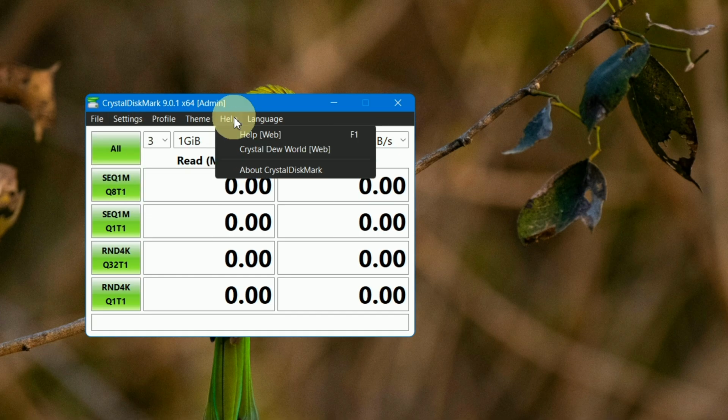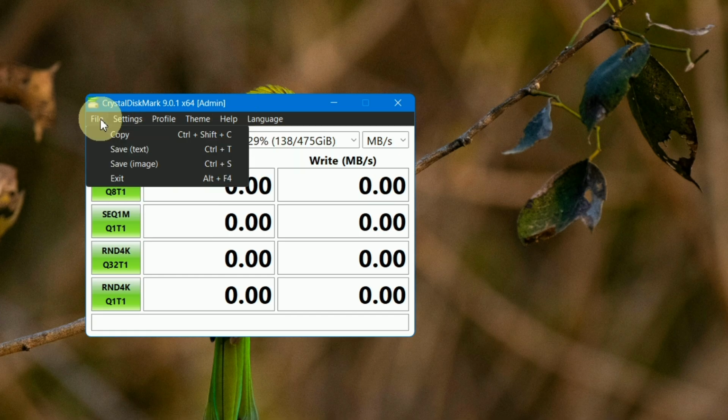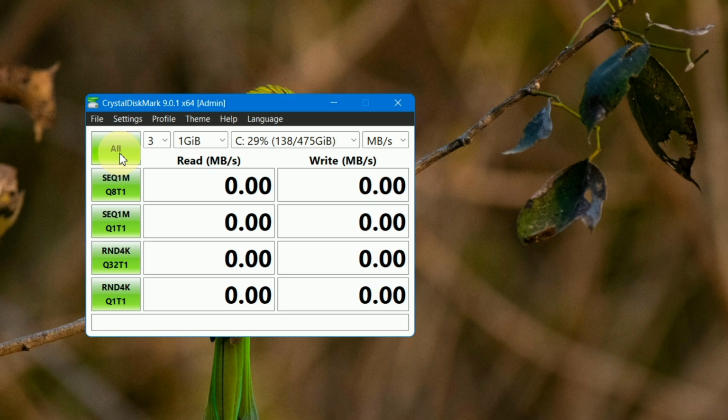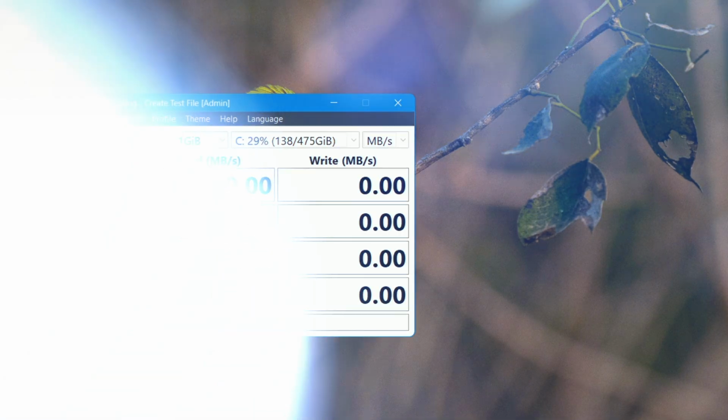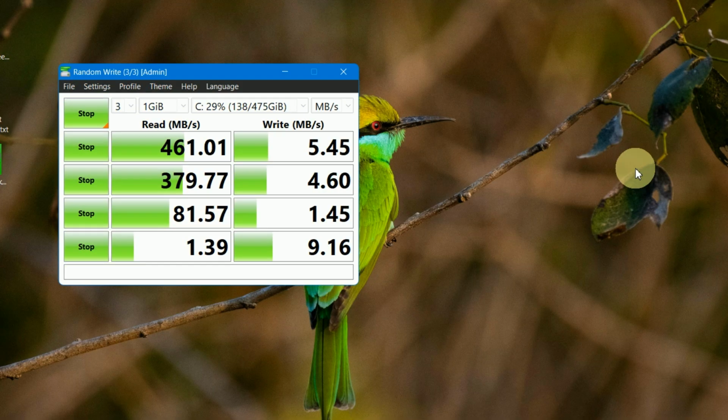I'm just gonna start with the default settings, and once you're done with your test, you can save the result as a text or image. Okay, so I'm just gonna click all and we'll wait for the result. I'll come back later. So finally the test results are here, and as I can see, there's a lot of